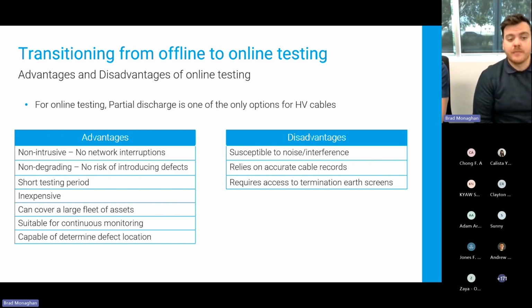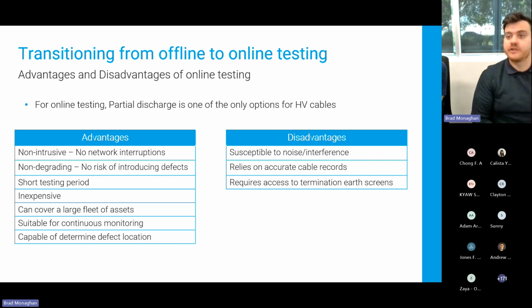Some of the things that are most important is online testing is capable of continuous monitoring. With offline testing, you aren't capable of leaving an offline test running for large periods of time and trending it. It's a snapshot. Whereas with online testing, you can leave the sensors in situ and you can get live data, which allows you to make much more informed decisions. And that's a very powerful tool for asset managers because it allows you to see what is happening on your network in effectively real time. And whilst doing this, you do still have all the tools like location of defects and everything like that,